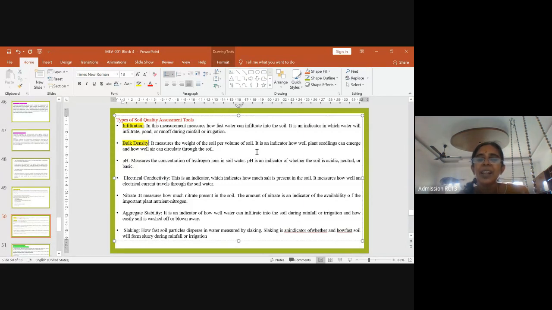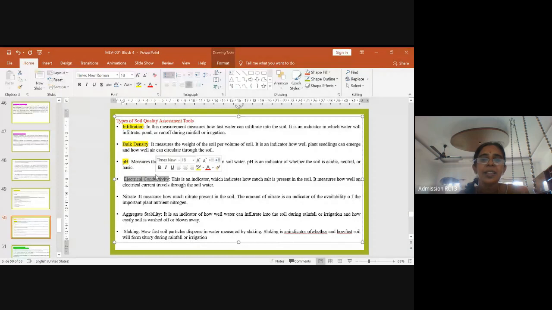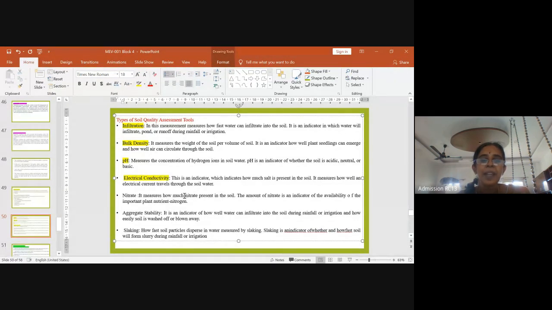It is an indicator of how well the plant seedlings can emerge and how well the air can circulate through the soil. The third one is the pH, that is the hydrogen ion concentration of the soil water. It determines whether the soil water is acidic, neutral, or basic. Next one is electrical conductivity. It indicates how much salt is present in the soil and how well an electric current can travel through the soil water. Next one is the nitrate. It measures how much nitrate is present in the soil, and it is an indicator of the availability of the important plant nutrient,